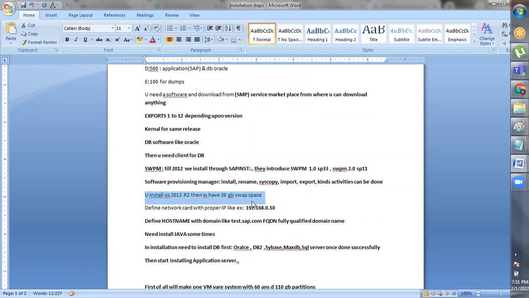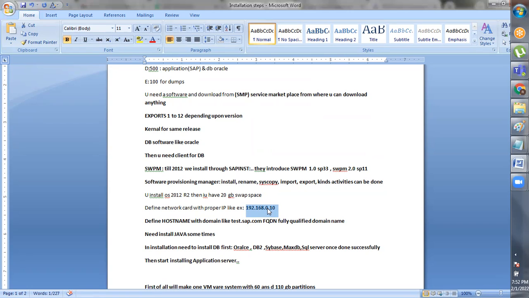Then what you have to do? You have to define a network IP address. Why do you use an IP address? To identify the machine among hundreds of machines. When you go to server rooms, there are hundreds of servers, but nothing is written on them. You keep an IP address list in an Excel sheet by which you can say in this system I loaded this.